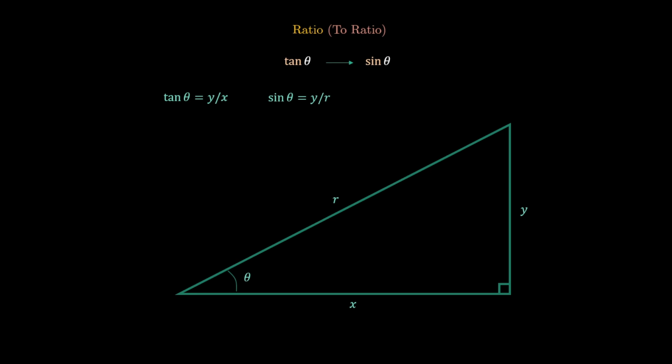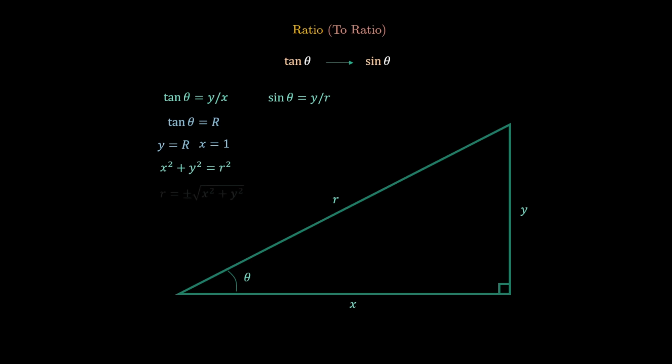Since we are going from tangent to sine, if for a moment we say that tangent theta equals some capital R, representing its ratio, then we can solve for sine solely in terms of that ratio R. So, if we let y equal R, then x will equal 1, because y over x has to equal R. Using our Pythagorean theorem,